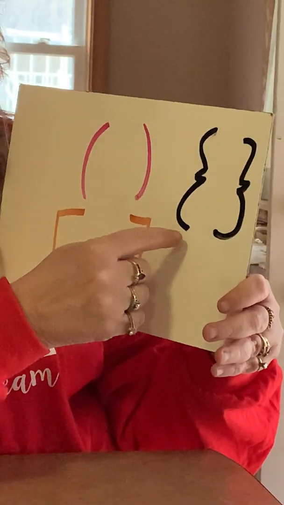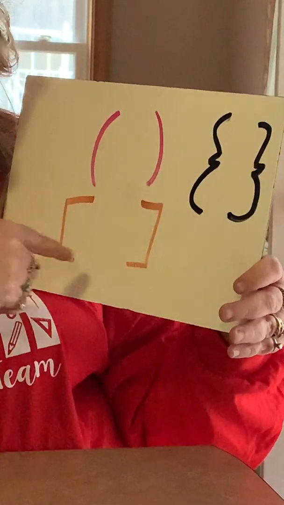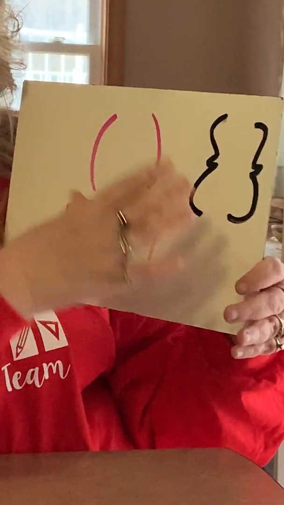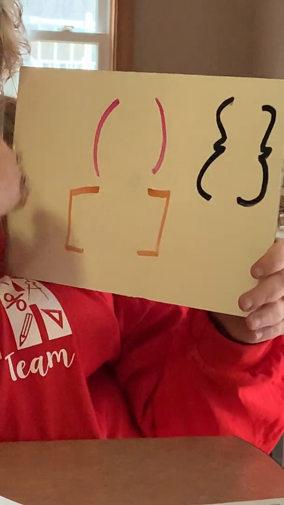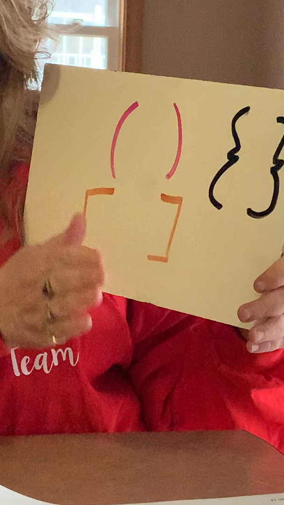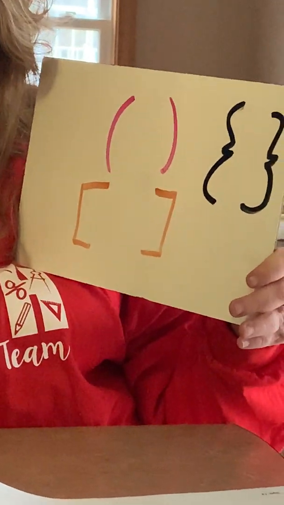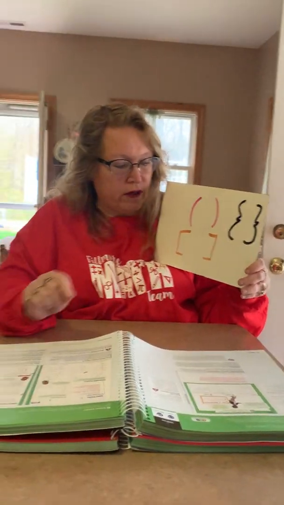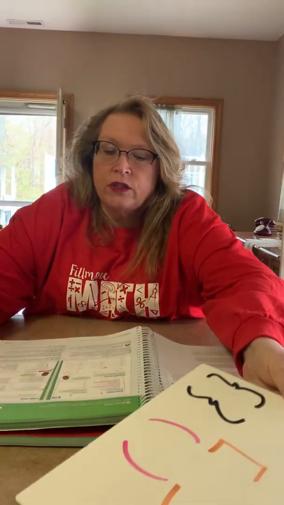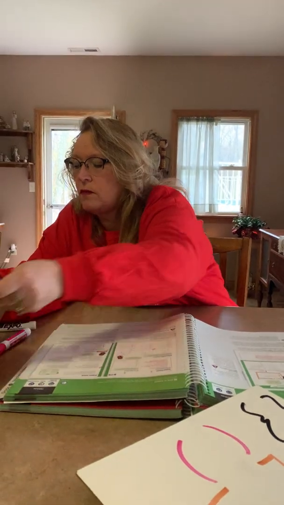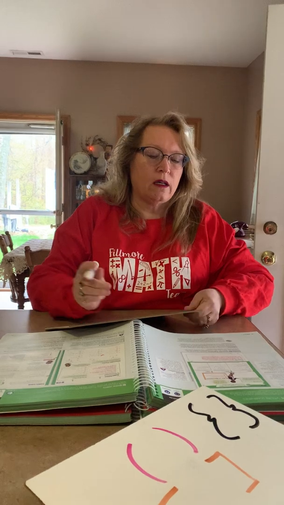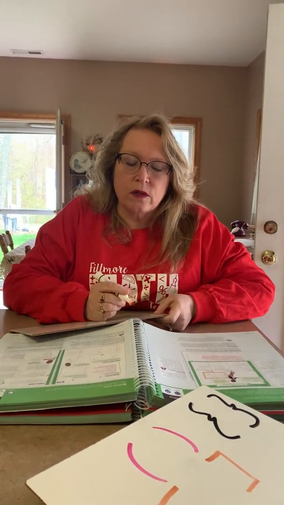And usually these are on the farthest outside. Then you might see these, and then you'll see these, okay? But those are the different ones you're gonna see. Regardless of when you see these, you do whichever one is the innermost first, and then it builds out, okay? And I have a problem that will show you that here in a second. But again, remember that when you are doing orders of operations, a problem, for example,